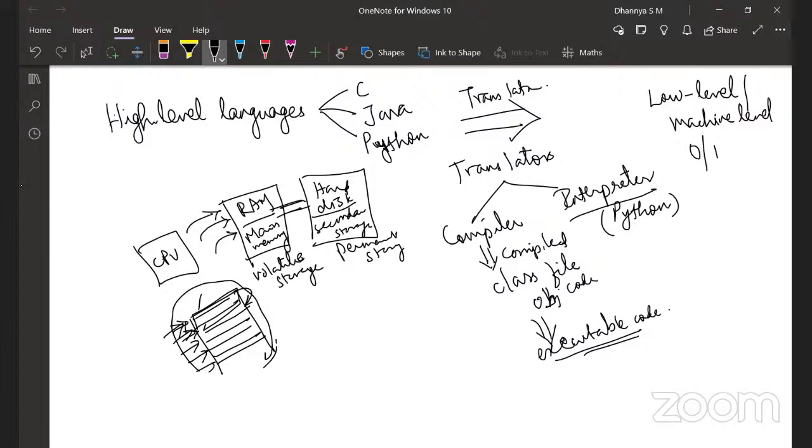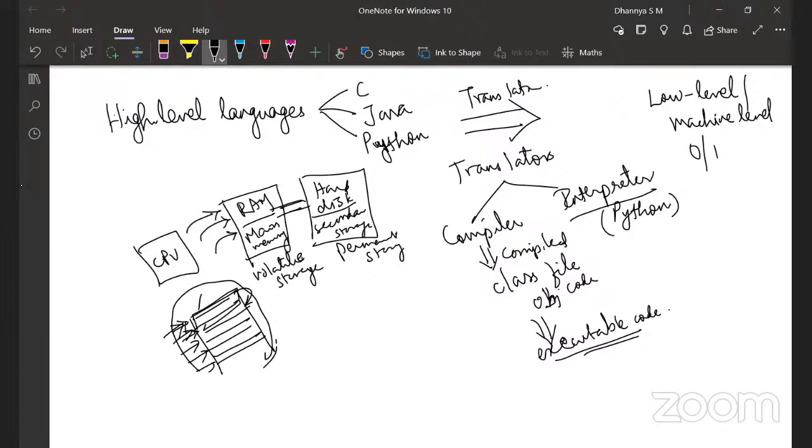But if I'm running on some Intel machine or some other machine, then depending on the computer architecture, the executable code changes. For instance, Pentium and Intel processors may use 32 bits for integers, while some other processor might use 64-bit. It is also dependent on the operating system.